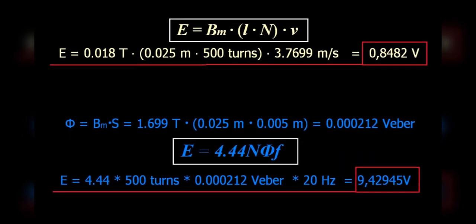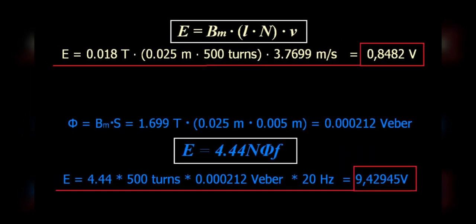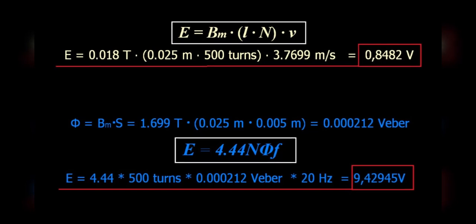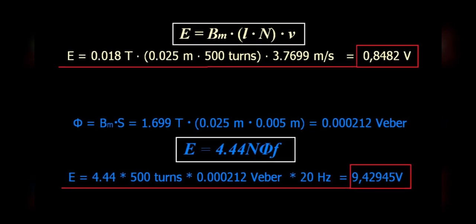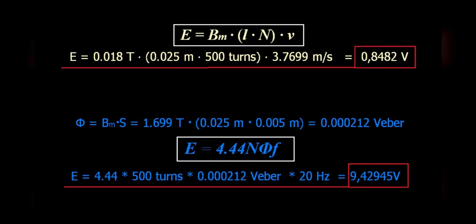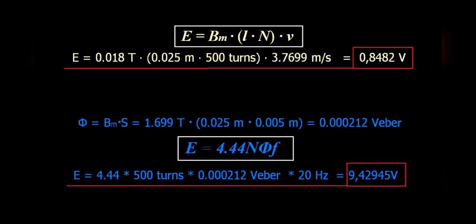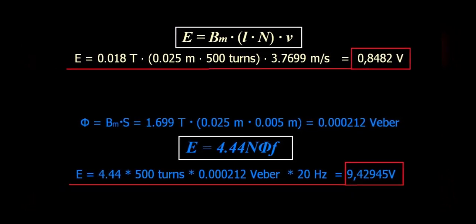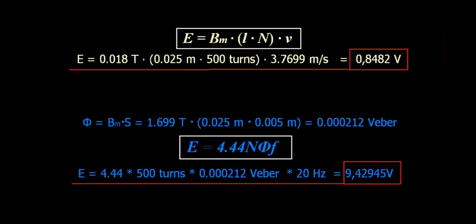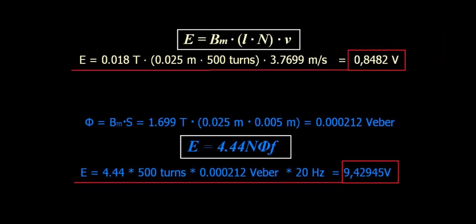For the method of cutting the magnetic lines by the conductor, the result is less than 1 volt for the entire winding. This parameter can be considered zero, since it will not light our small bulb in the load. For the system of changing the magnetic flux, calculated by the transformer formula of EMF, the result of 9 volts was obtained,